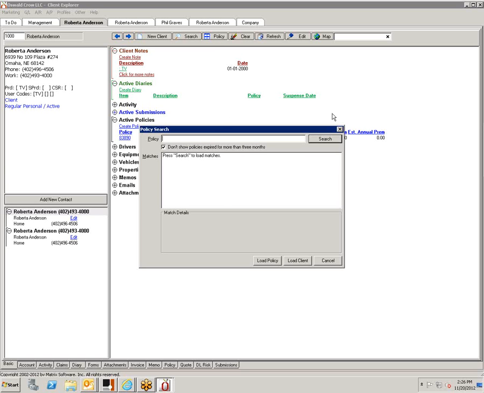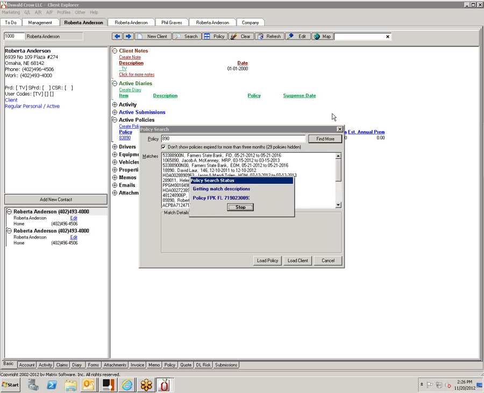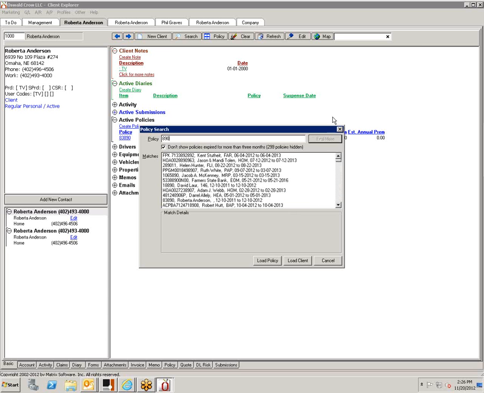It doesn't have to be the whole policy number. As long as it's a string of numbers together, it will find it. So you don't even have to know the prefix.